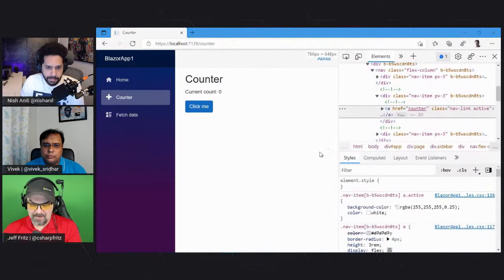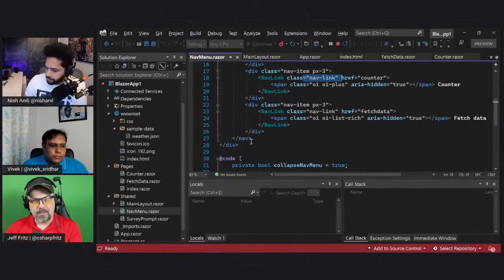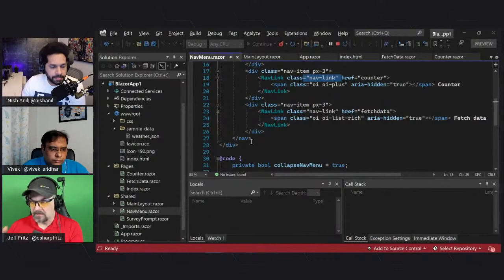Now, I mentioned this is a static website. This is rendering and sitting out here on an index HTML, and it doesn't actually render or do anything on the server. And that kind of points to a really cool experience that you could have building cloud applications. Think about it. If you have a web application that you want to host on your favorite cloud service, and I hope it's a nice blue cloud service,